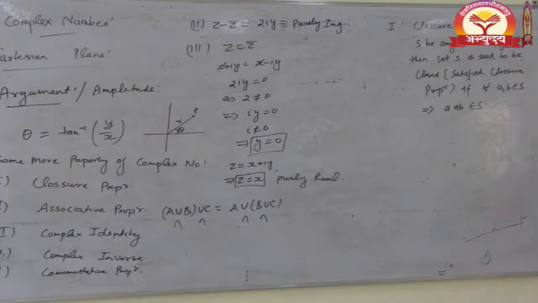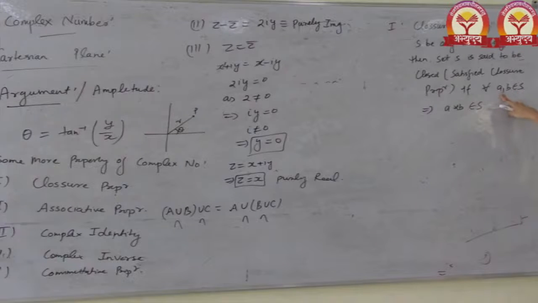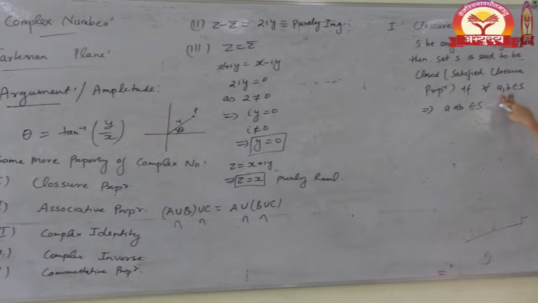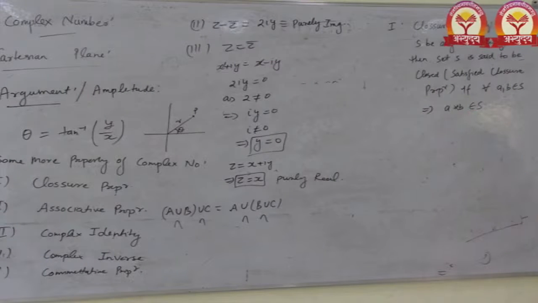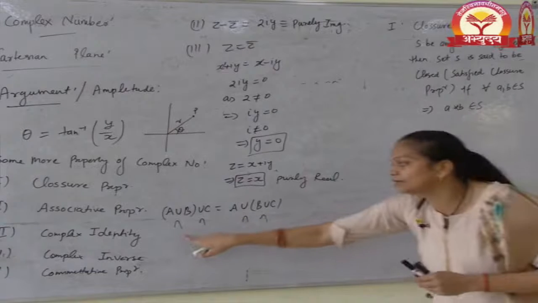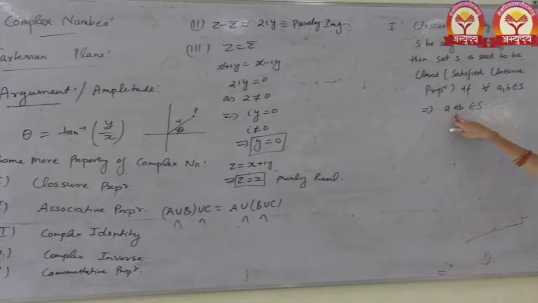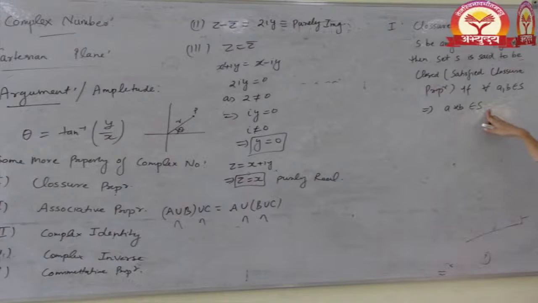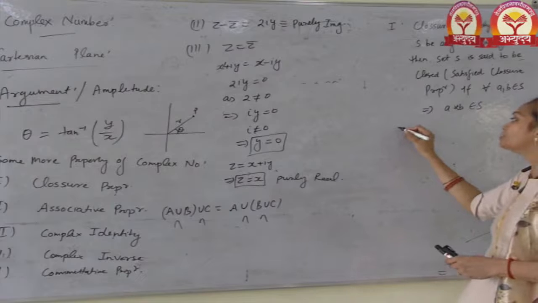That is, if we say a set satisfies this closure property, it means that when we take two elements of that set and operate them with each other, like union, intersection, or any operation, then the resultant value will always belong to that set only. Okay, it will belong. For example, suppose, look here,